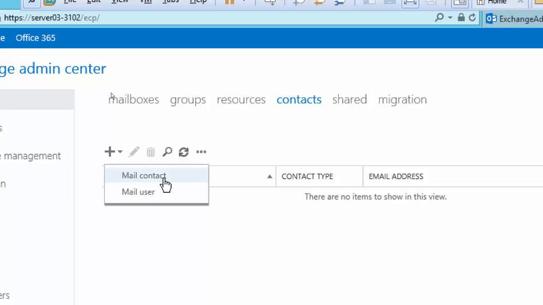So the scenario is that you have contractors in your company or temporary employees in your company, and they're just temporary here, so you do not want to create permanent user mailboxes in your Exchange environment for those contractors, right? So then you would just go for mail contact and mail user. So what's the difference? Let's just try to see that. Again, the mailbox for these type of users are not available in our environment. So let's just click Mail Contact here,